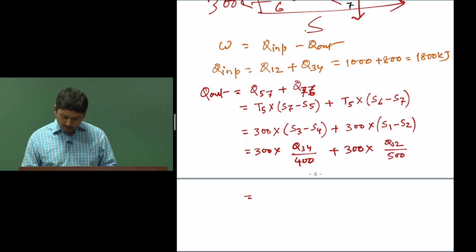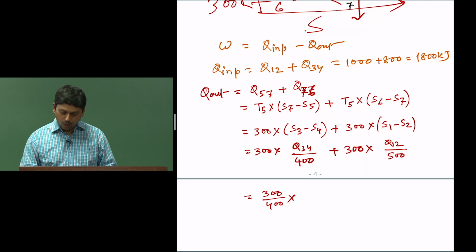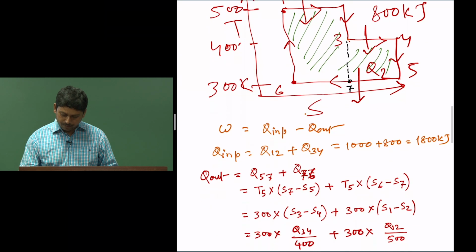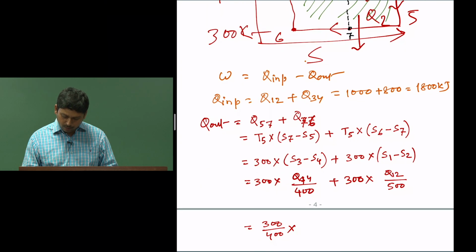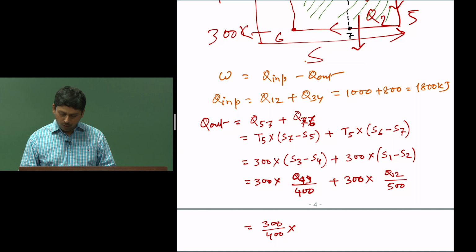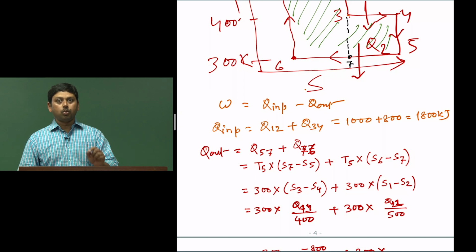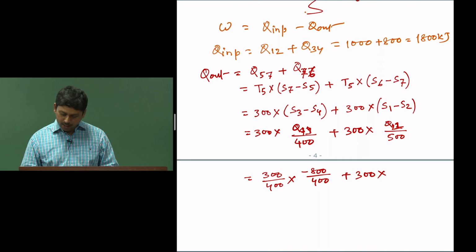Okay. Now, continuing with that, it is 300 by 400 multiplied by Q 43. Q 43 is the negative of Q 34. Q 34 is 800, so it will be minus 800 by 400, plus 300 into Q 2 1, which is just the opposite of Q 1 2. I should write 2 1, not 1 2, just to denote that the process is happening from 2 to 1 rather than 1 to 2. Again, it will be the negative of that,